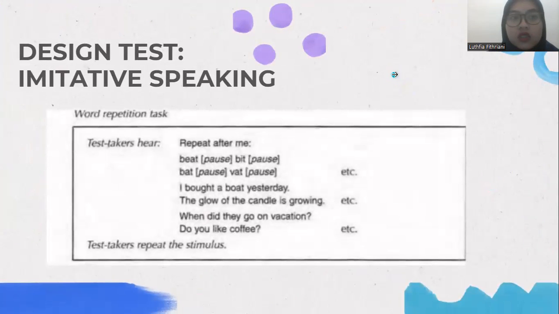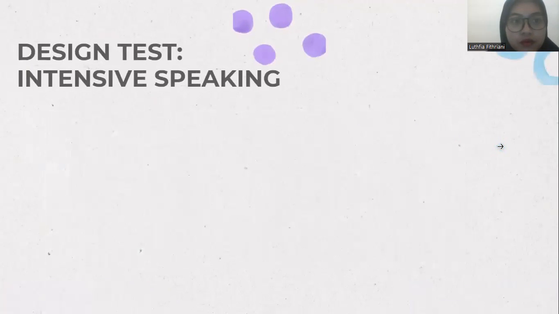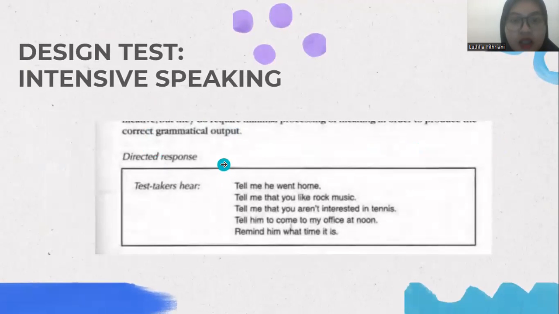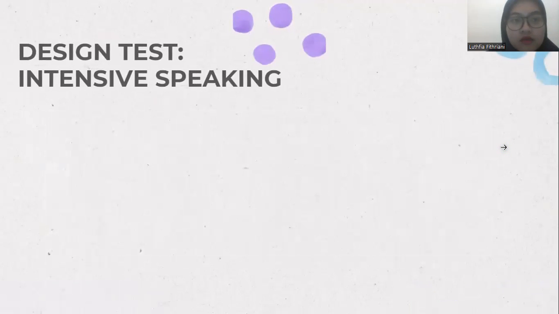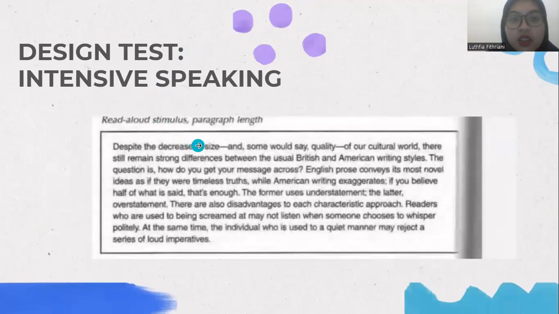Now we will move to designing test assessment in speaking. The first is assessment for imitative speaking. In imitative speaking, we can use word repetition tasks, directed response, read aloud stimulus, paragraph length,